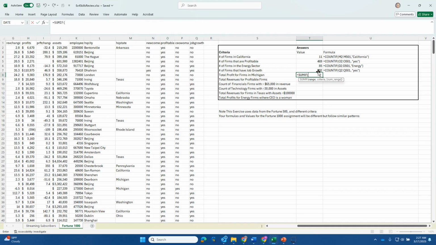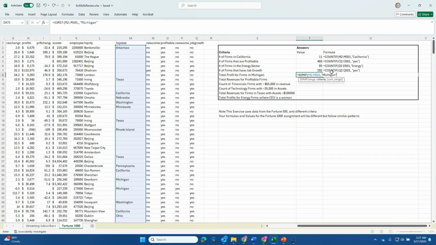We're going to be looking in column M for the state of the headquarters, from M2 down to M501. If we find in that range the value of Michigan,